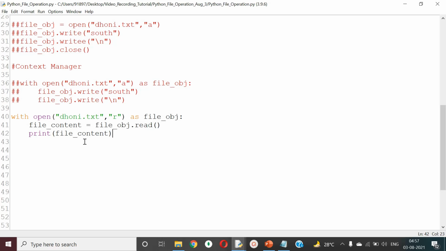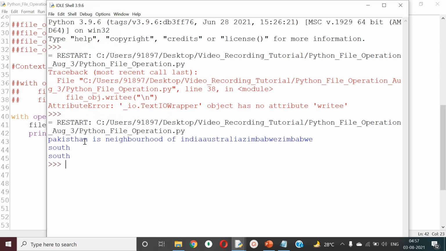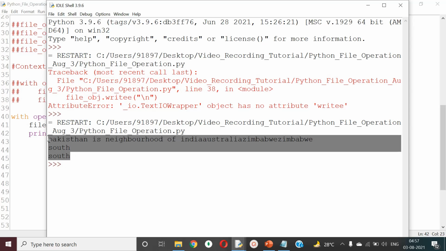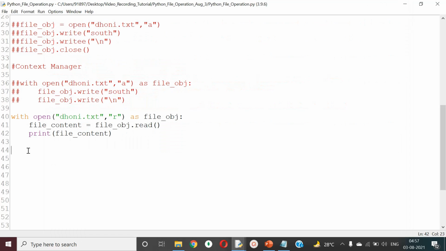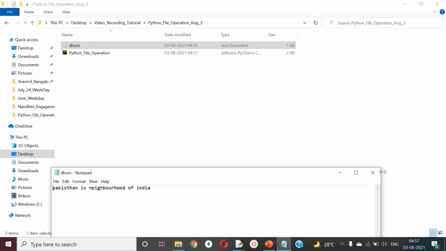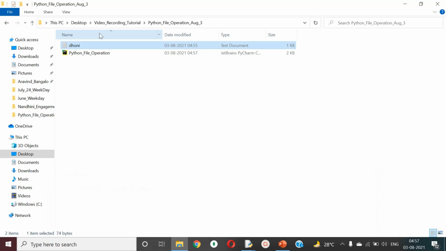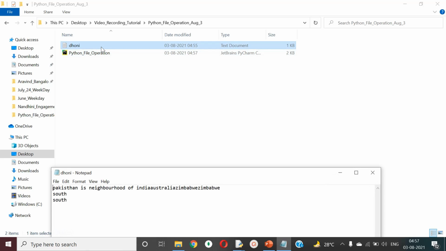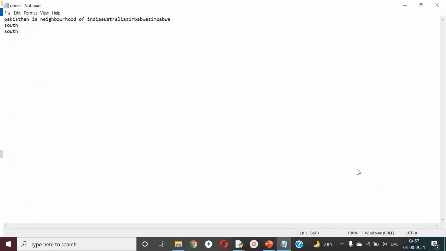So I'm going to read from the file. Now you can expect the output in your Python shell. When I run, you can see whatever is there in my specific file is getting displayed in my Python file. That means everything here is getting displayed over in my code.